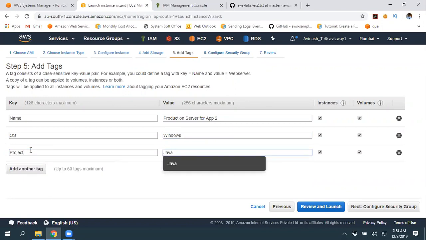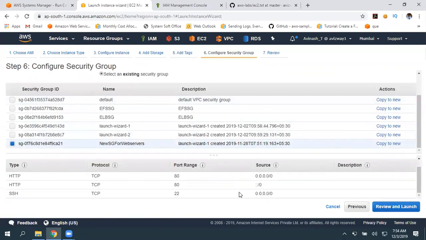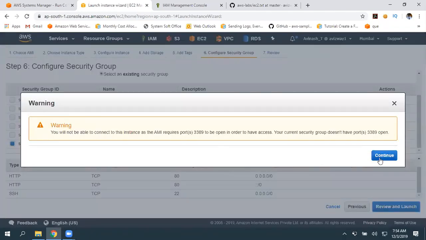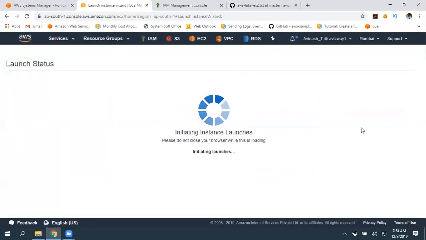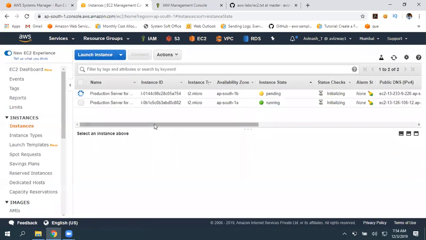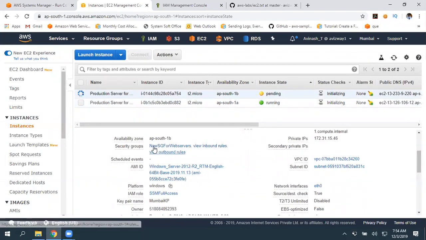I'm using this machine also for the same project. Then click on next and select an existing security group which has valid ports opened. 3389 is not open, so you cannot get connected. That's okay, manually I'll open that port. Okay, so we have multiple EC2 instances.